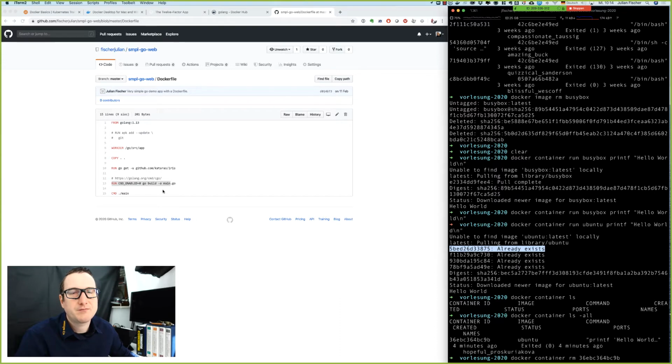pulling the image. This is interesting, and you will see that sometimes you really need to know that, because I don't know why, but if you change files in a certain way, sometimes these layers won't get updated, so you need to delete the local image tagged at a particular version so that they will be recreated, because otherwise it will fall back and reuse the cached versions, which may be out of date. So remember that most of the statements, you can read that in the Dockerfile reference, create a new layer